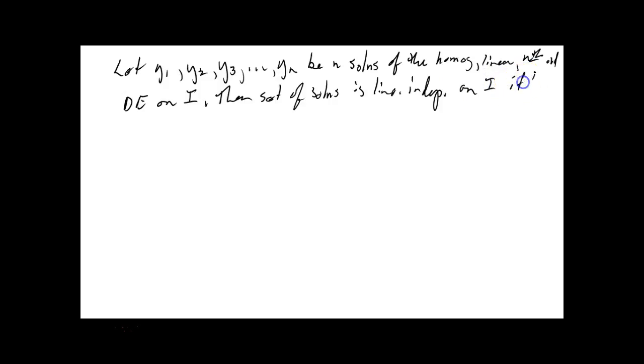Now here's the shorthand for that, if and only if. Another shorthand for it is the double arrow. One thing implies the other, but the other implies the one. If and only if the Wronskian of those functions, y1, y2, y3,